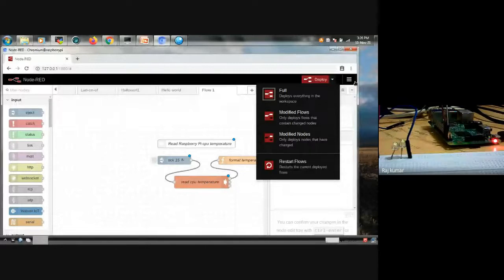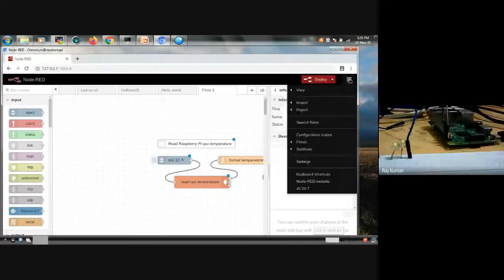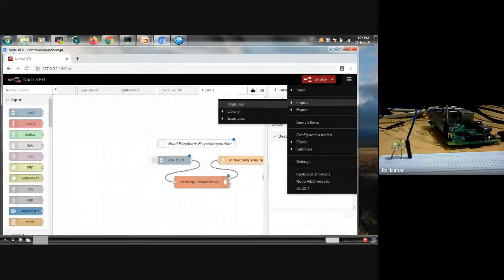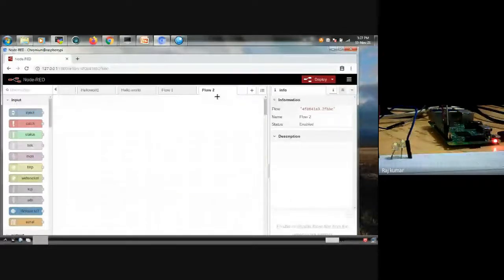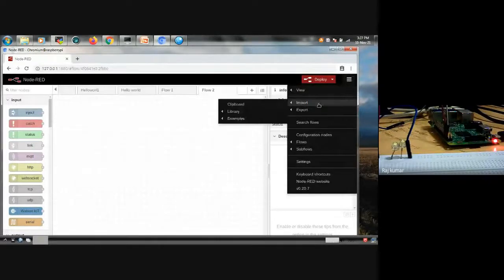Another option, if I want to import, is another method, so I will show you that. Flow 2 is there. For example, I want to use the clipboard.